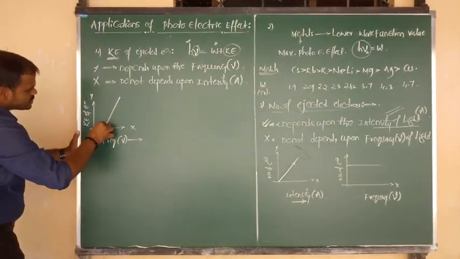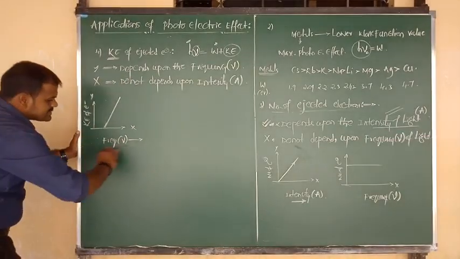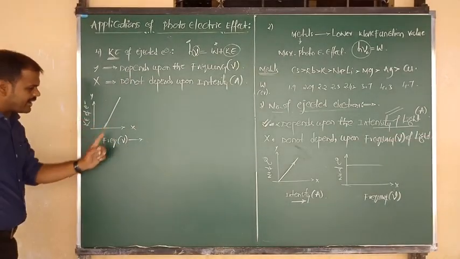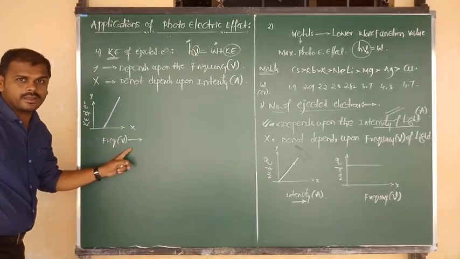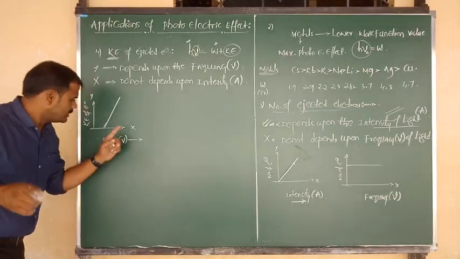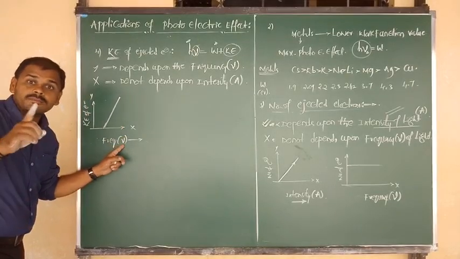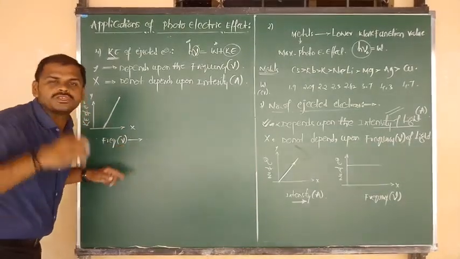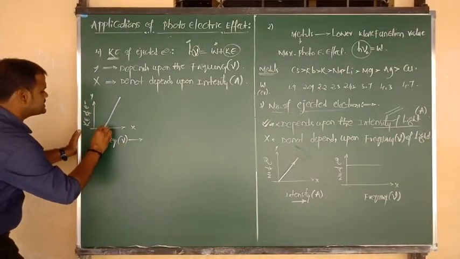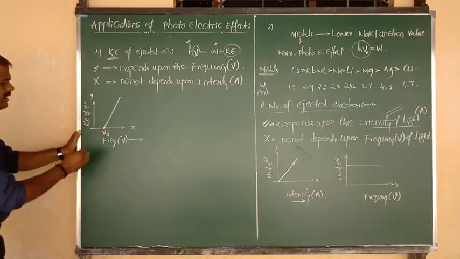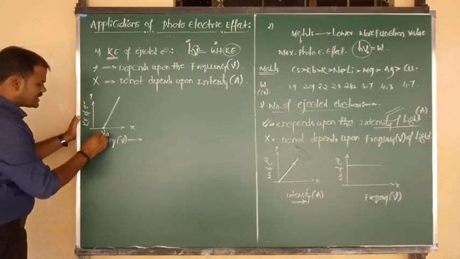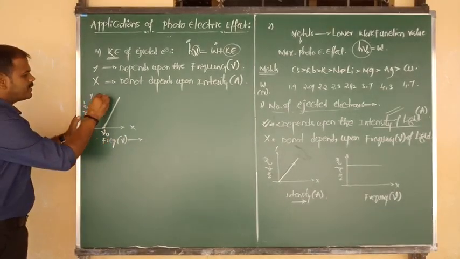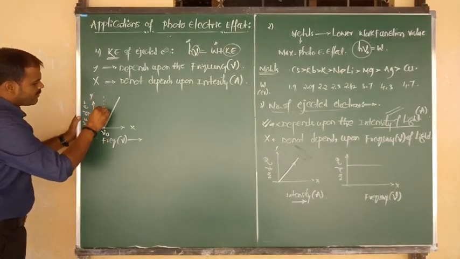Sir, why are we showing a graph like this? This is the x-axis, upon which we are writing frequency values. But to show the photoelectric effect, we have to compare with the threshold frequency; the frequency must be more than the threshold frequency. Suppose this point indicates nu naught, the threshold frequency. With respect to the threshold frequency point, I am going to consider one dashed line.